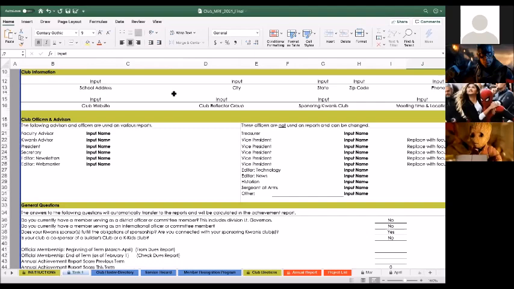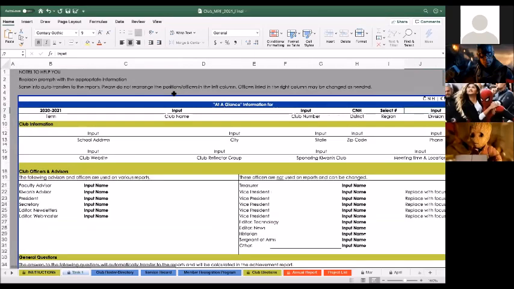Okay. So the task 1 tab. This is one of the most important tabs because the information you put on here will transfer over to other tabs. If you can see right here at the name, there's a little lock. That means the format for this tab is locked and you can't change it.